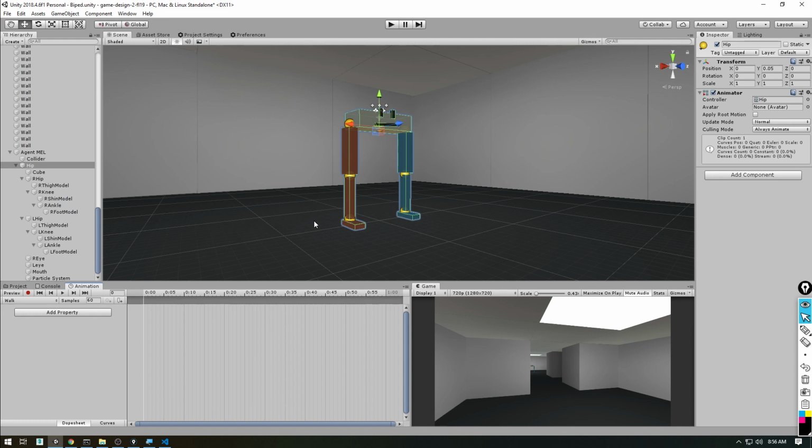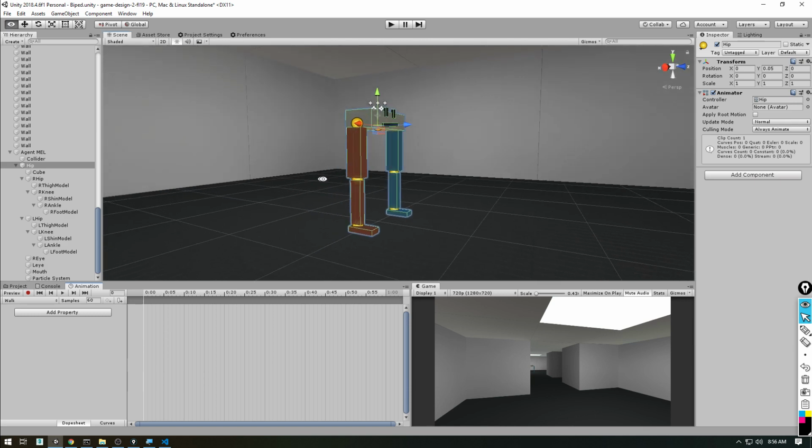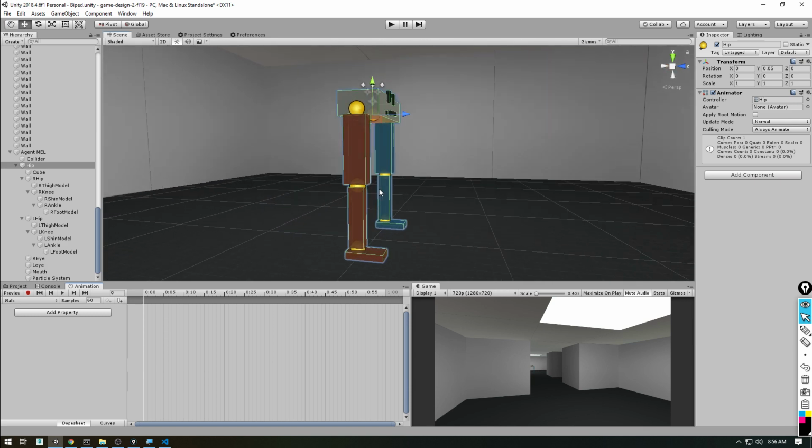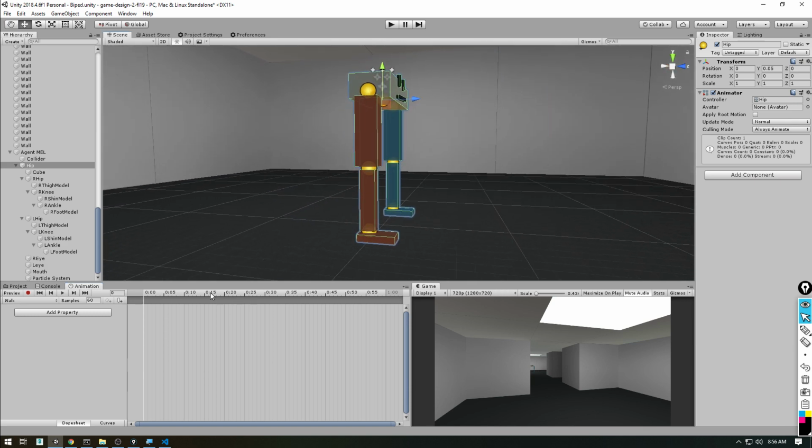So now that we've got the parent set to be animated, we can select each one of the children. And this time, remember, we're not selecting any of the geometry, we're only moving the pivots. The hip joint, the knee joint, the ankle joint, and so on. Let's say the first frame, right? So at 0,